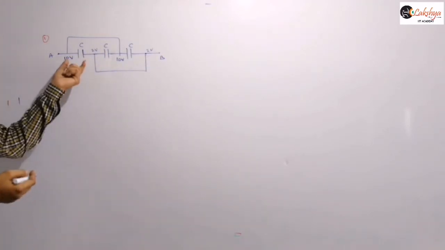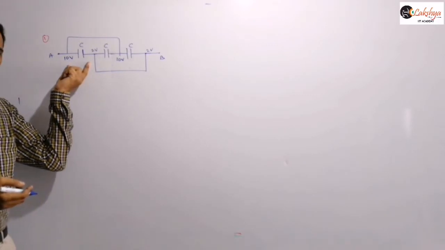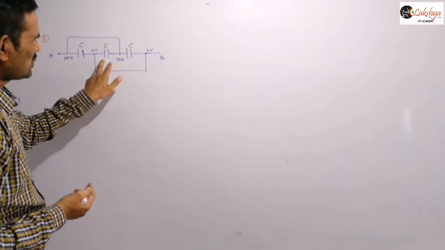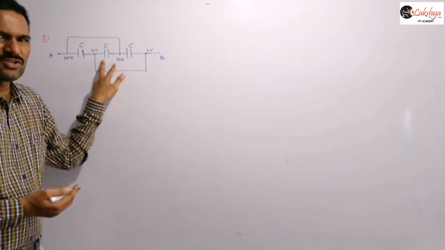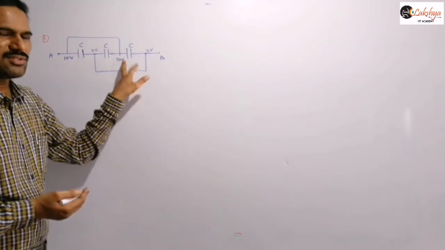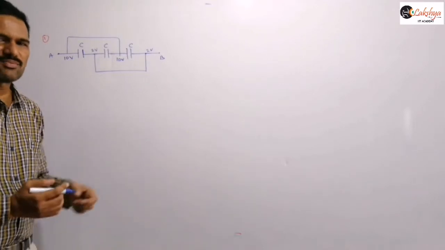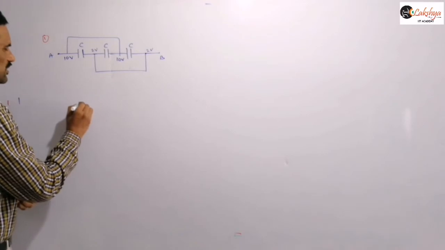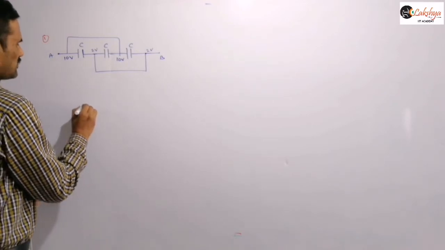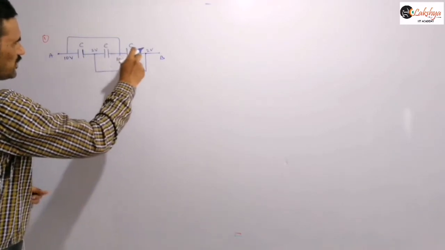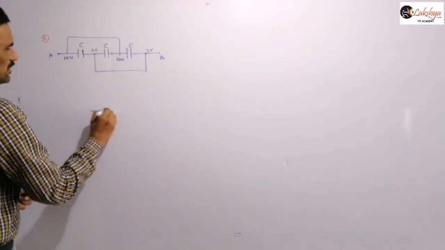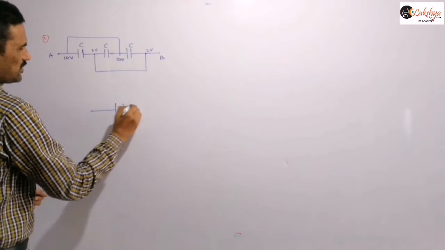Now we can observe that the potential difference across this capacitor will be 8 volts. Then the potential difference across this capacitor is 8 volts. And the potential difference across this capacitor is 8 volts only, right? So all the capacitors are in parallel. And so you can draw this circuit like this. That means this capacitor we can fold like this, and this capacitor we can fold like this. And so this equivalent circuit we can draw like this.